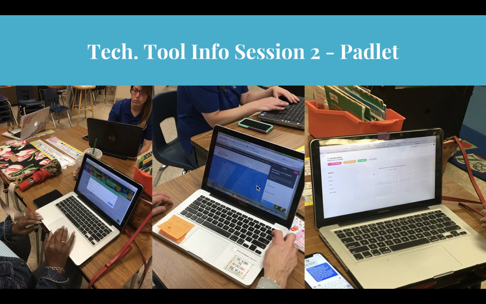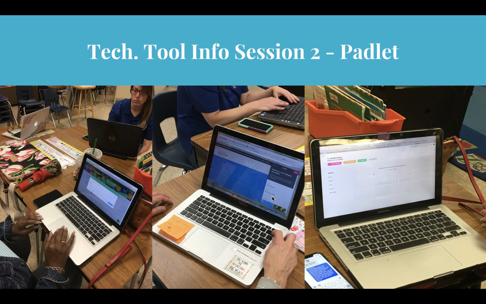So once they started adding a dashboard or making a Padlet, they were tasked with bringing a topic they were learning in reading and asking a comprehension question to their students, to have them be able to go back into the text of that specific topic and respond on the Padlet dashboard. So this is what this teacher is doing in the middle. She has her title of animal teams, and that's something that they were talking about in first grade. And she has her question underneath,